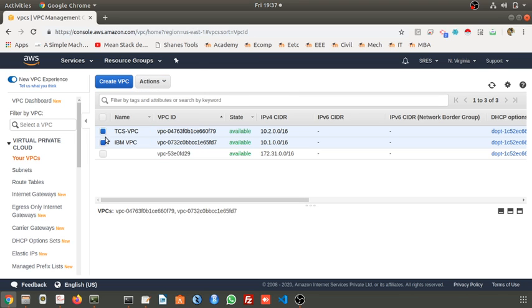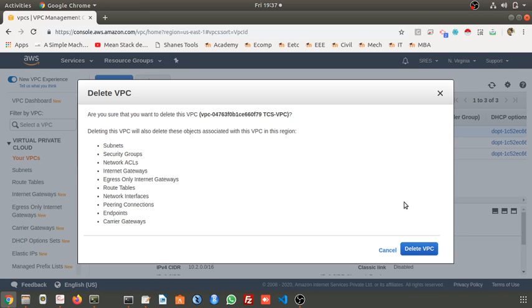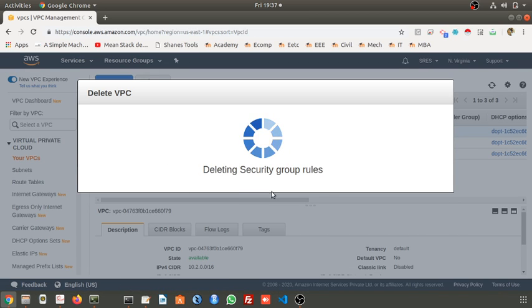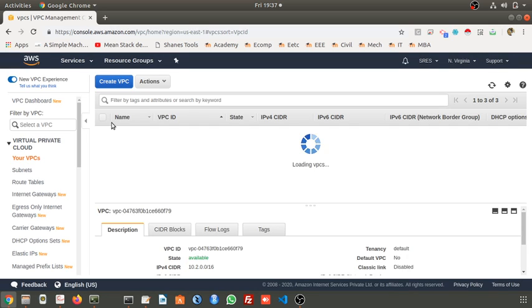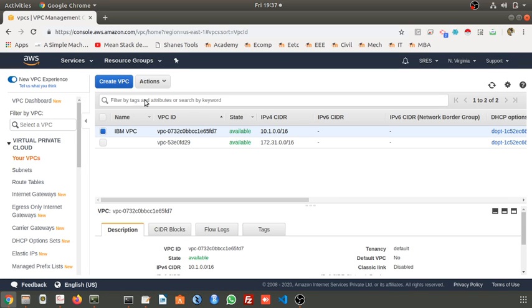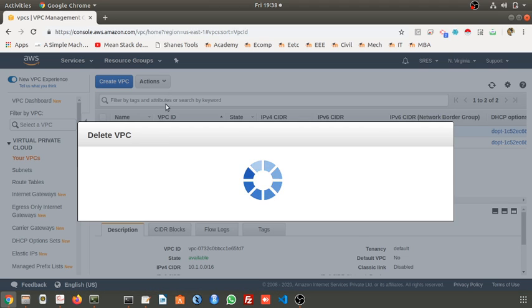Go to action. Sorry, one after the other we can delete. Delete this TCS VPC so that everything will get deleted: security groups, internet gateways, subnets, VPC, and everything. Now I'm going to delete the IBM VPC also. Just now we have practiced.